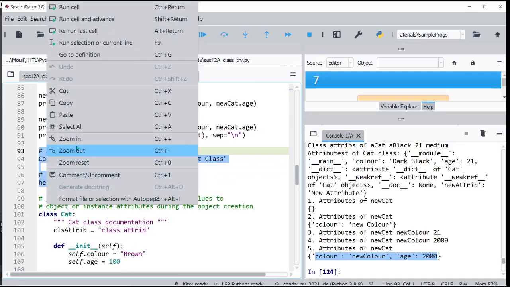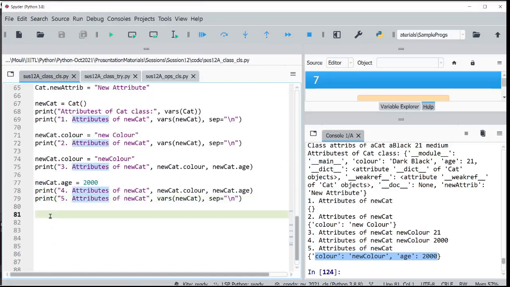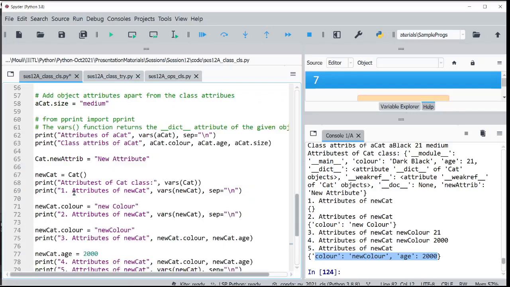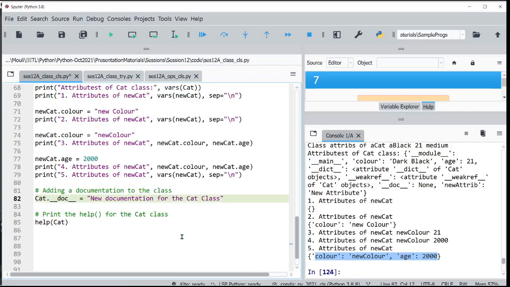Now what about this? I mentioned it at the function level. We have documentation, which is an inbuilt variable that maintains that documentation. Now I am initializing it. It was not there when I actually defined the class. I did not write any documentation. Now I am writing new documentation for the cat class. It was null, now it is being created.